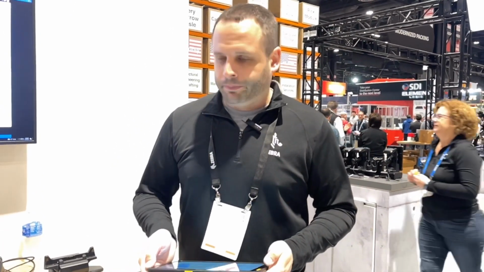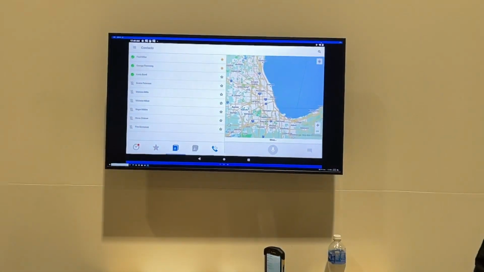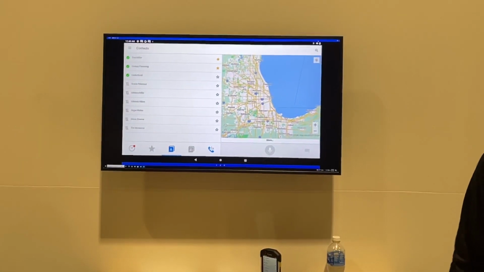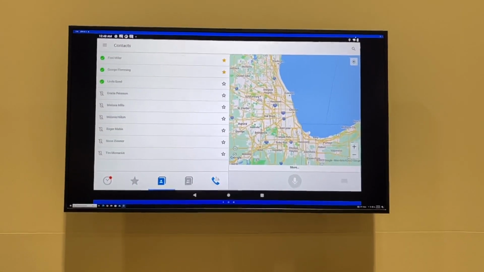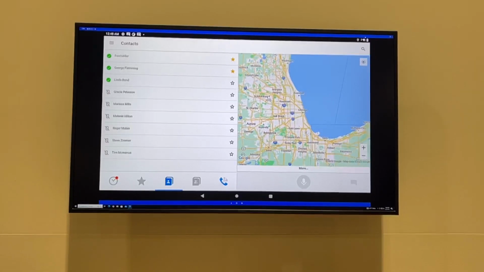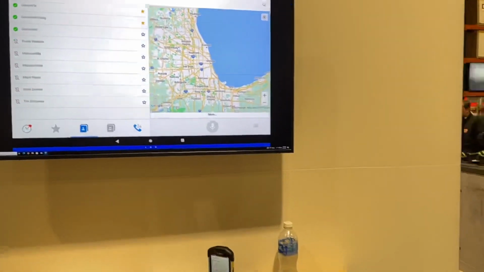All right, so a brief overview of our Workforce Connect solution. First off, we'll start with our PTT Pro application. This is a push-to-talk application that's completely device agnostic to include any consumer-grade Android or iOS devices as well as Windows PC. Quite simply, if I need to reach out to a supervisor, it's as easy as selecting their name